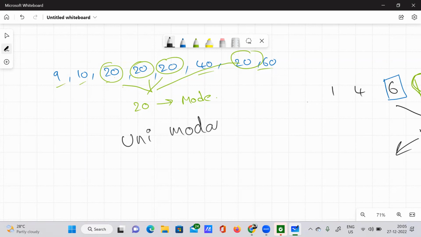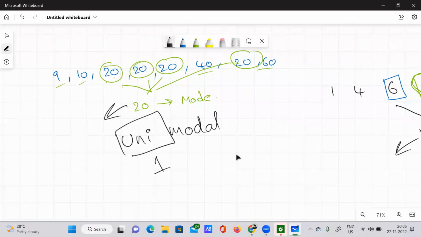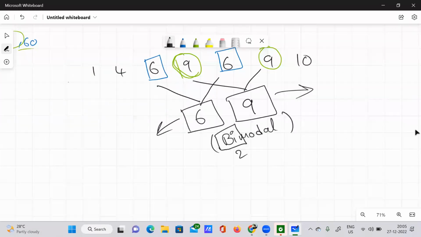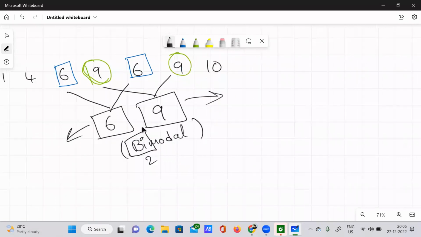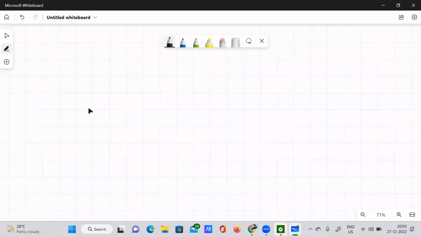Unimodal. Uni in the sense of one. So this is the only single mode, right? So for that we have named it as unimodal. But now in this kind of an example, we have already found two modes, right? 6 and 9, which is nothing but hence the name bimodal. Likewise, you may find many other